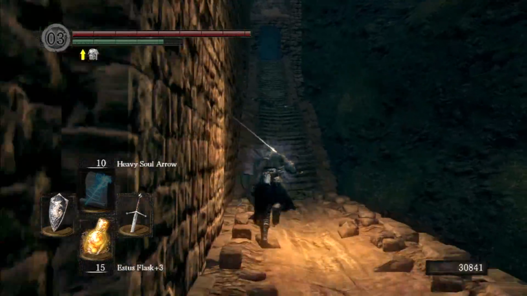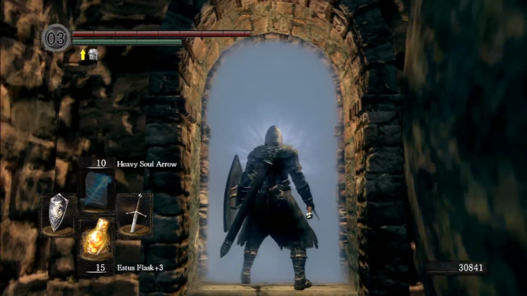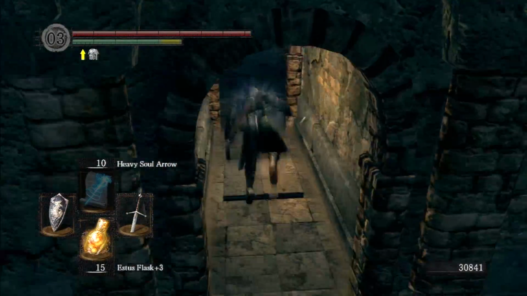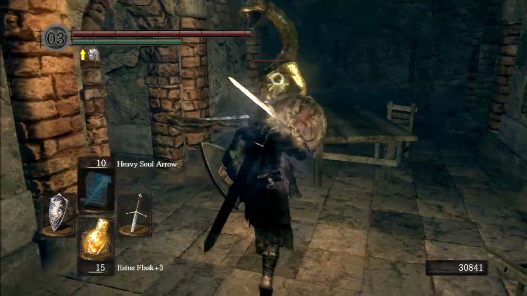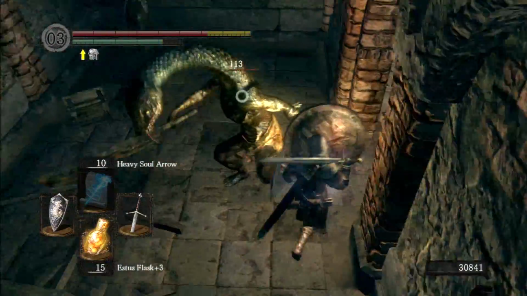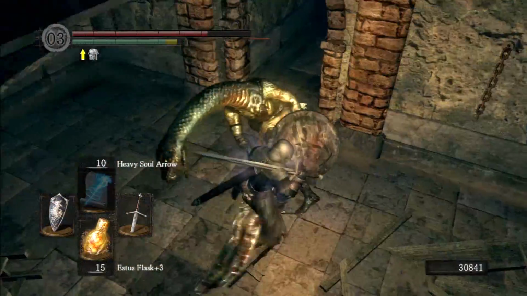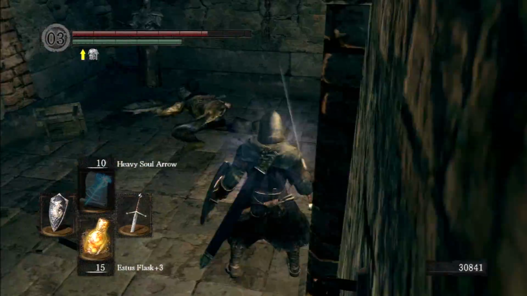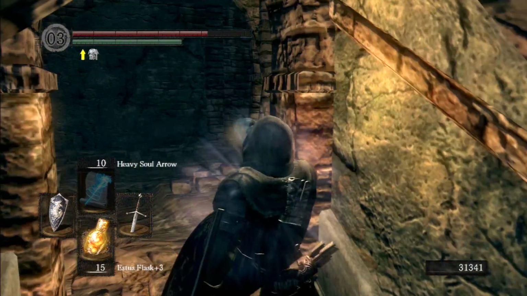Alright, now we're just going to go ahead and proceed further into the level. There will be another trap right past this fog gate and another one of the snake guys. I'm just going to go ahead and roll through this. Get to the side right away. Got stuck between this dude and a chair. Or a table, I should say. Anyway. Now, in the next upcoming area,